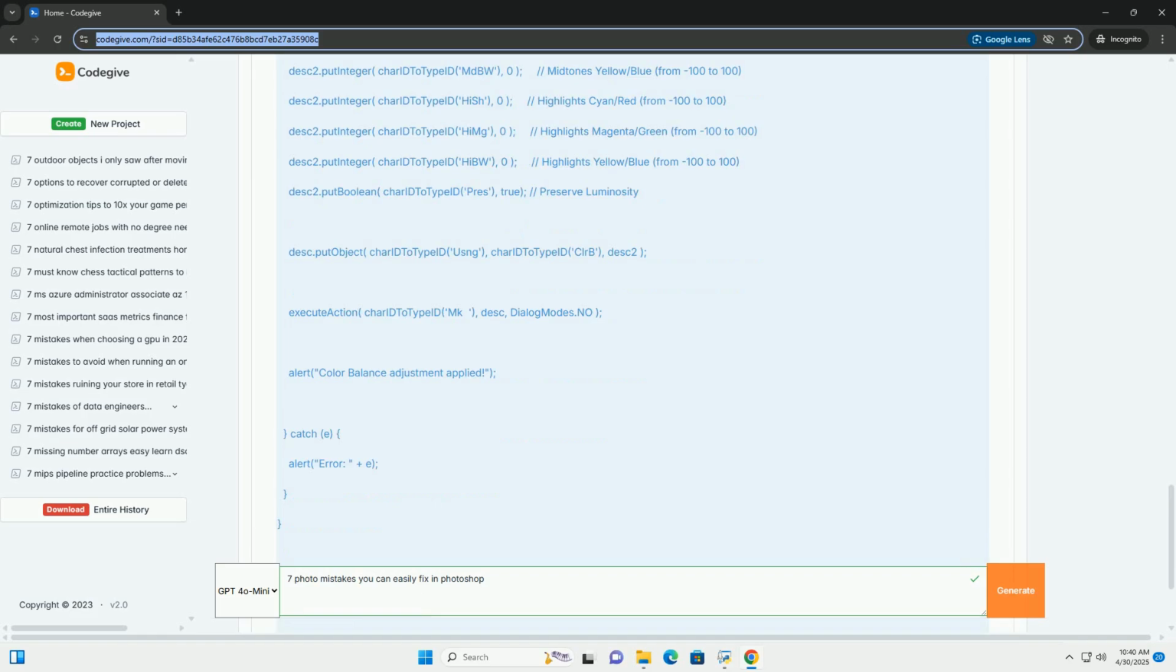This script works by: 1. Creates a new levels adjustment layer. 2. Sets the input levels, shadows, midtones, highlights. 3. Sets the output levels, new shadow and highlights level. JavaScript code, levels.jsx. How to use: